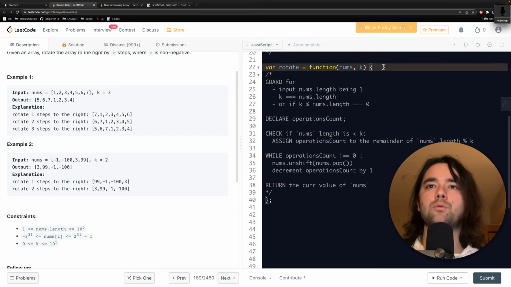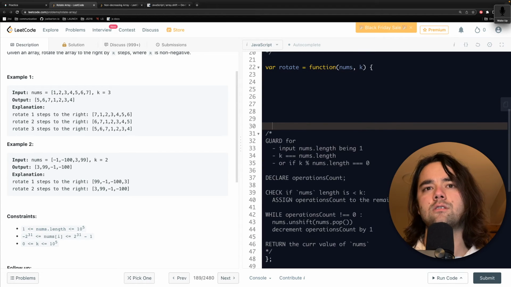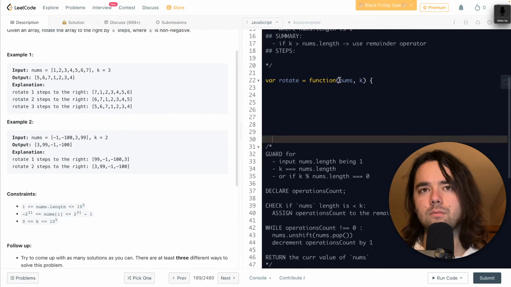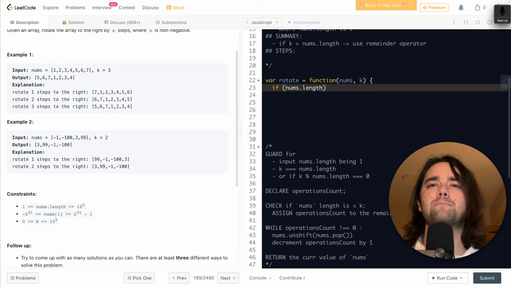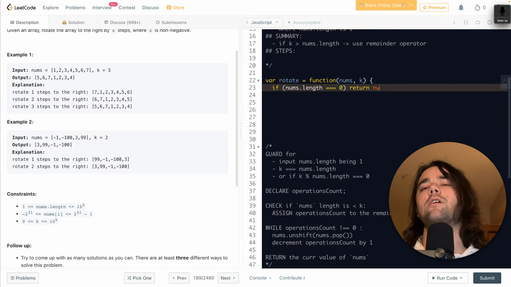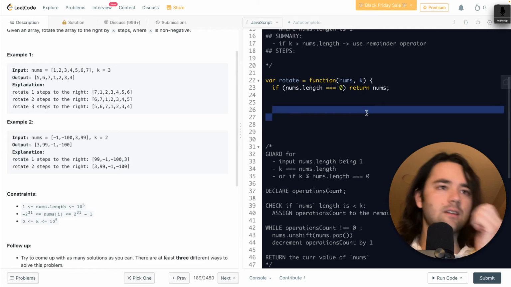So the first thing we wanted to do was guard, right? We'll just move some of that stuff down. So if nums length is equal to 1, we want to return nums, because regardless of whatever this element is,